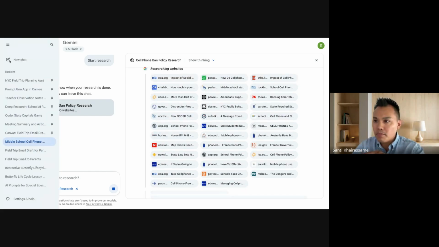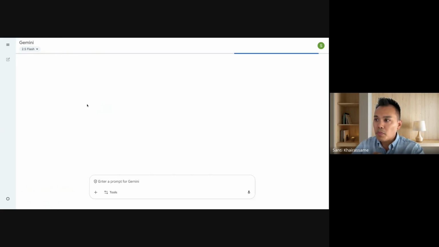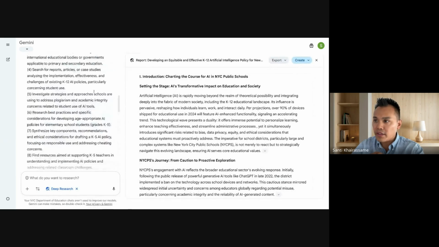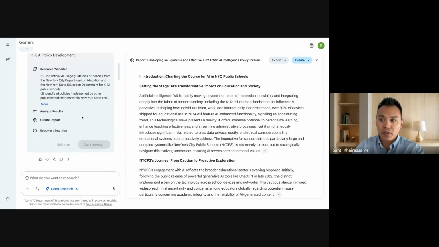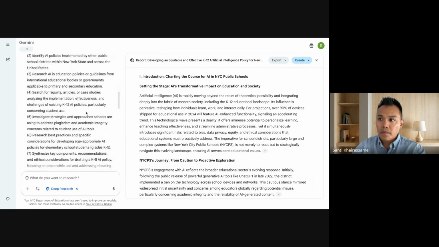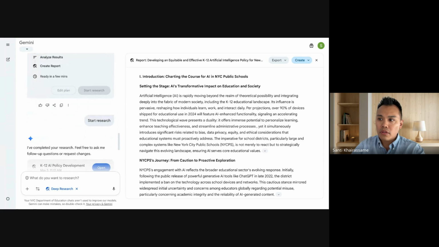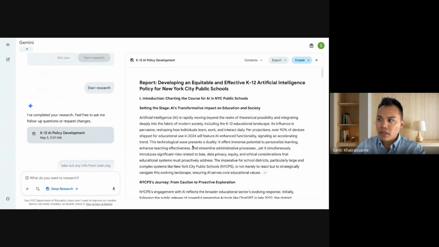If I go into my previous chats, this is a previous research question that I sent, asking deep research to create an AI policy for my school. And so here's the plan.